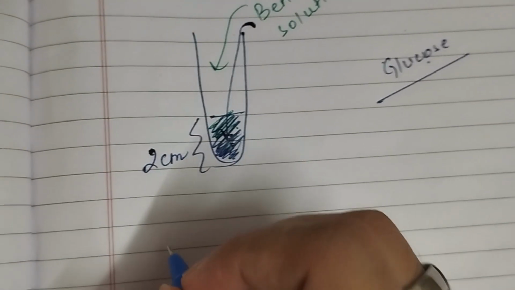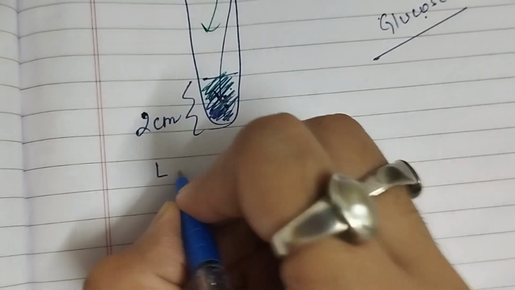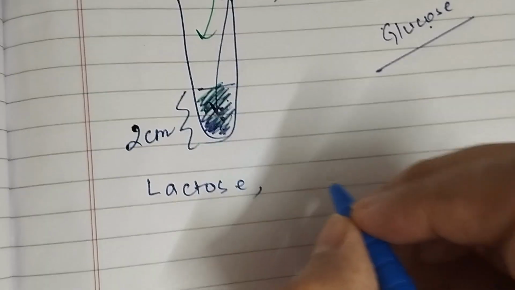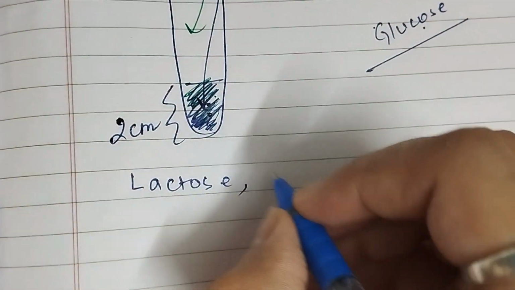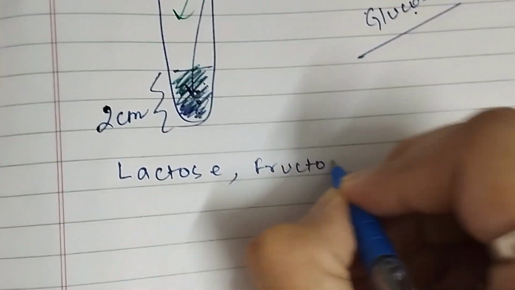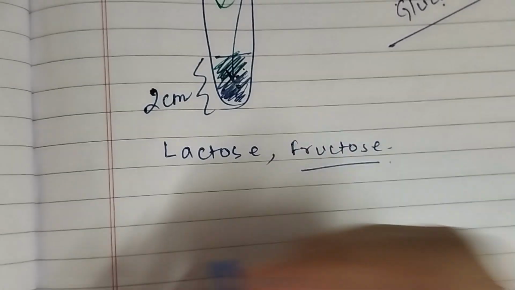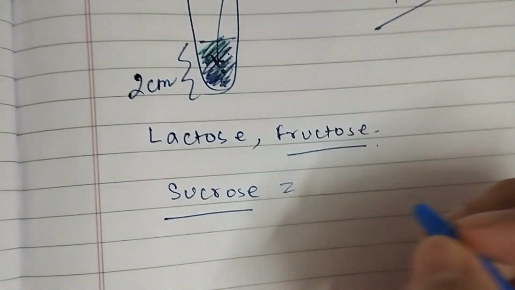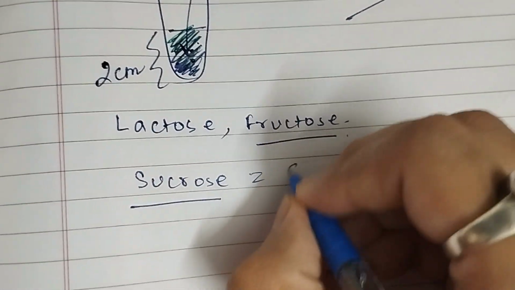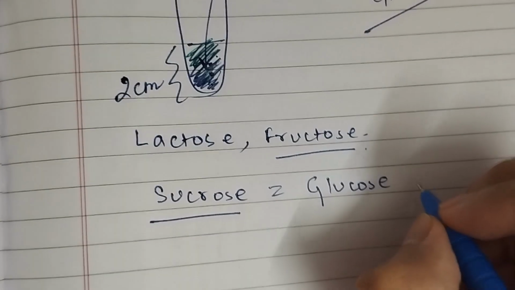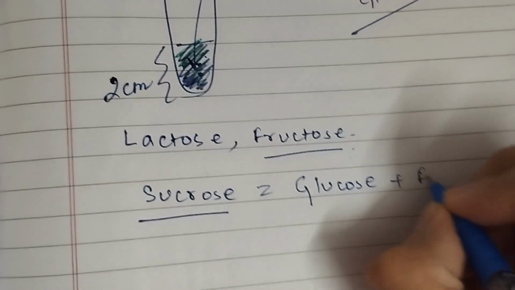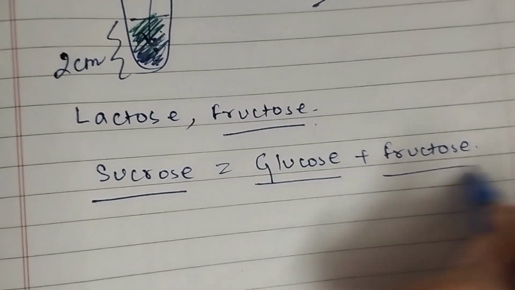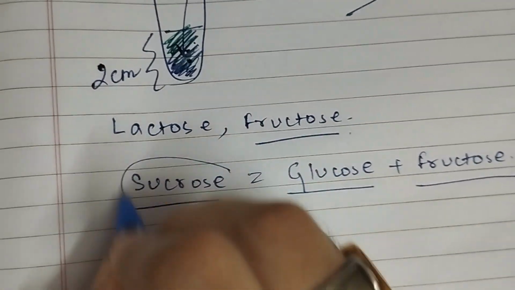Now, apart from glucose, what other sugars are also reducing sugars? We have lactose, which is also the milk sugar, and apart from that we have fructose. So one confusion is that sucrose is a disaccharide, meaning 2 units of monosaccharides joined together. Sucrose is made up of 1 glucose plus 1 fructose. So glucose is obviously a reducing sugar and fructose is also a reducing sugar, but sucrose is not a reducing